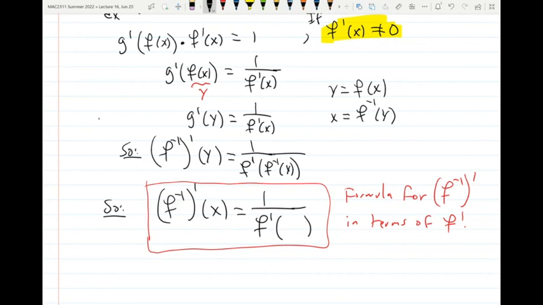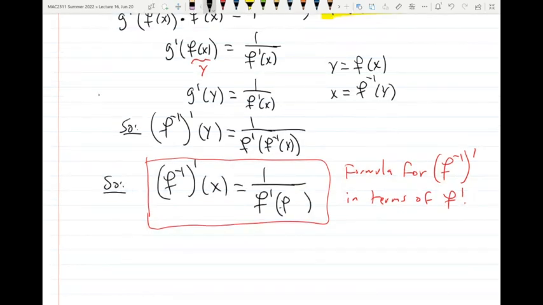Now this is when I'm going to relabel things. Now this is the same variable, right? So this is y, this is y. Remember, this y is the output of f, but the output of f is the input of the inverse. So if I put x here, then it will be,